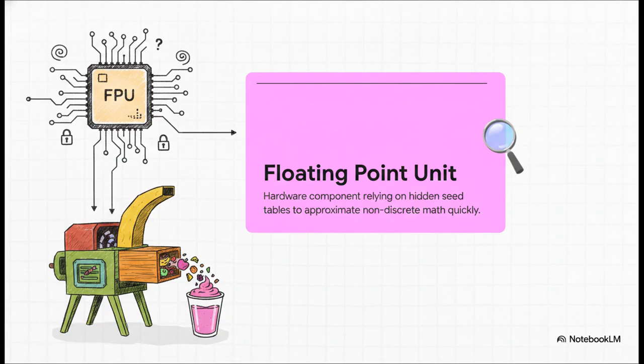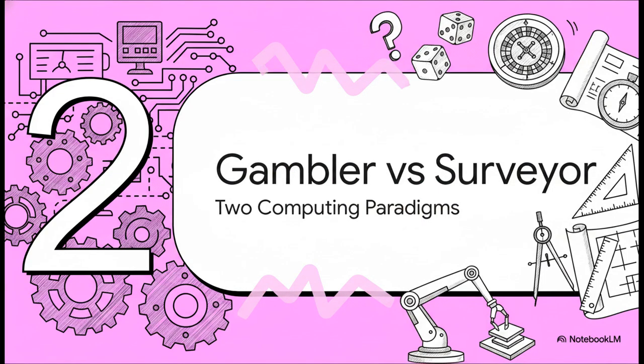The problem here is that chip manufacturers, like Intel and ARM, use entirely secret proprietary seed tables to help that FPU guess the answer incredibly fast. And because this math is just an approximation, the exact identity and the provenance of the original data is permanently destroyed. Researchers actually call this the wood chipper effect. It's super messy. Actually, scratch that. It's more like a giant blender. You know exactly what fruits went in, but you can never, ever perfectly reverse engineer that smoothie back into its exact original components.